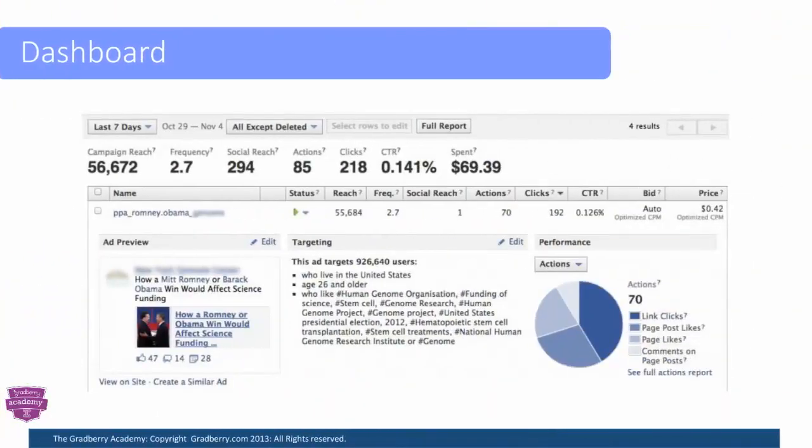So here we see a dashboard, and basically it's an advertisement on how Mitt Romney or Barack Obama, if one of them wins, how that would affect science funding. This was a campaign that was done before the presidential re-election. And what we're going to do now is a bit of an exercise from this Facebook